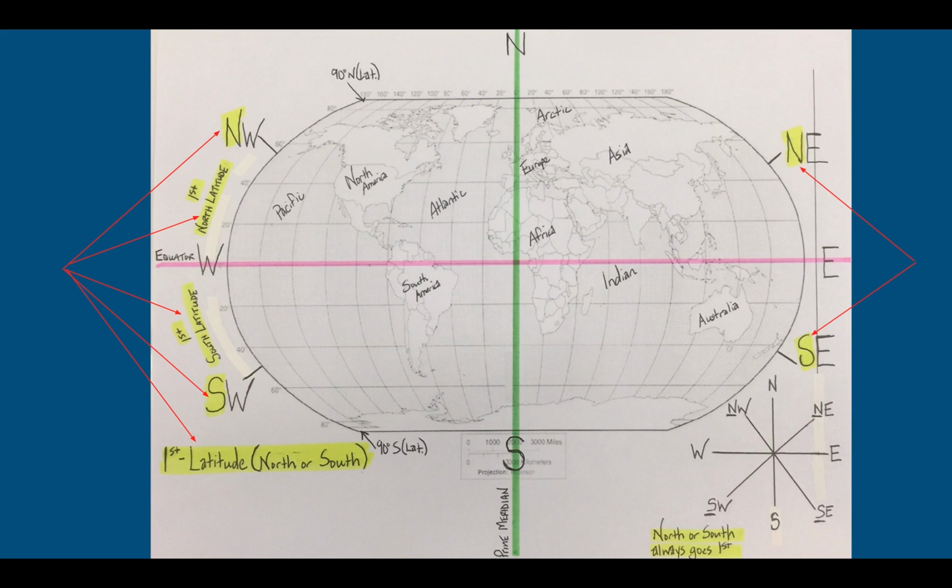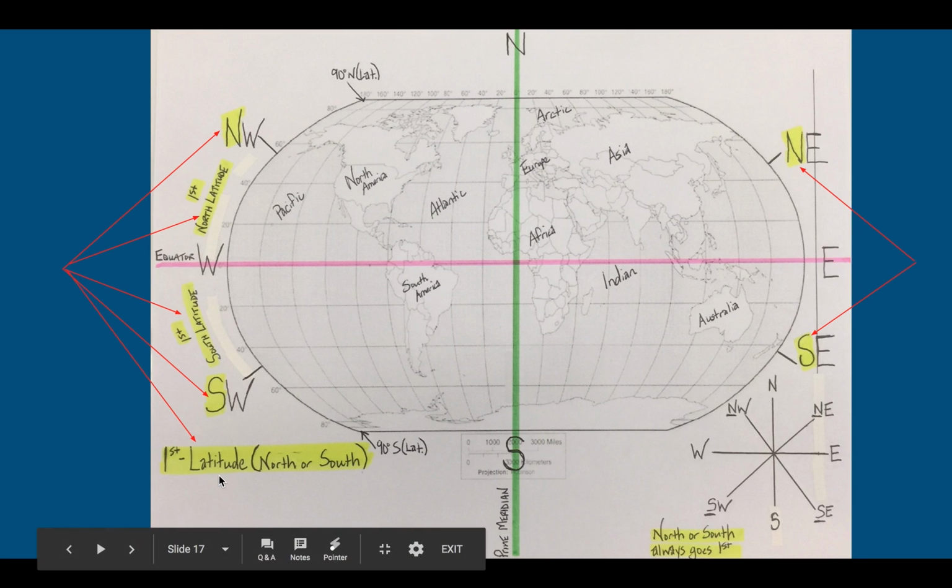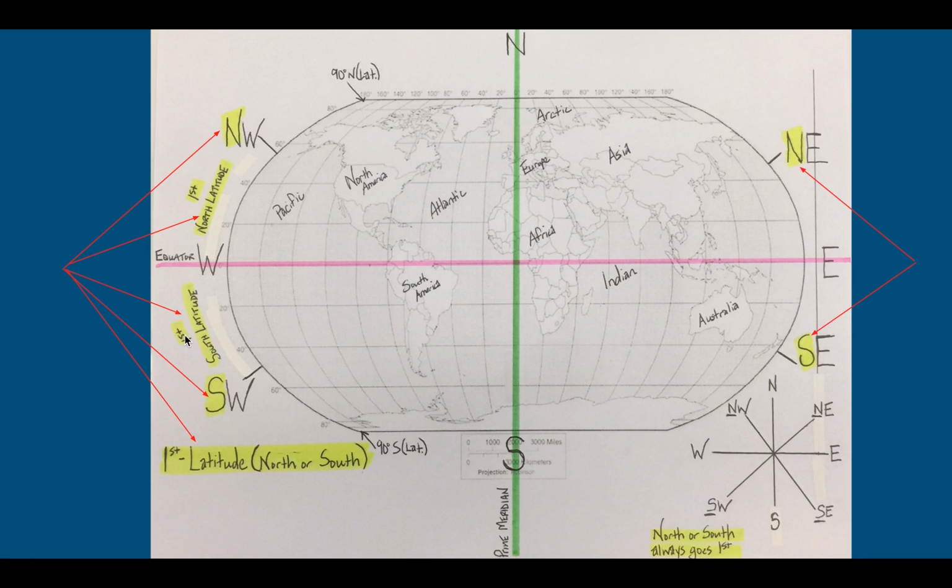So now what I need everyone to do is grab a third color highlighter. And I need you to highlight, just like I did in yellow on the screen that you see, the N for north on both of them, the S for south on both of them. I need you to also highlight the side note that we made on the bottom left-hand corner, the side note that we made on the bottom right-hand corner underneath the compass rose, and then, of course, the two side notes that say north latitude first and then south latitude first. So your map at this point should look identical to the map that's on the screen that you're looking at.